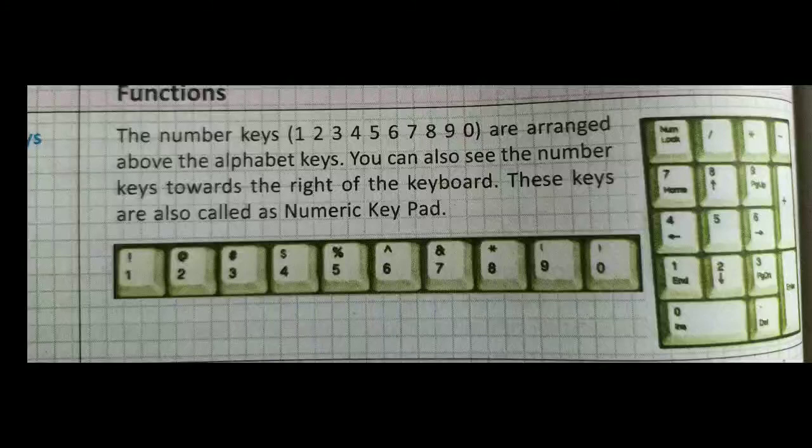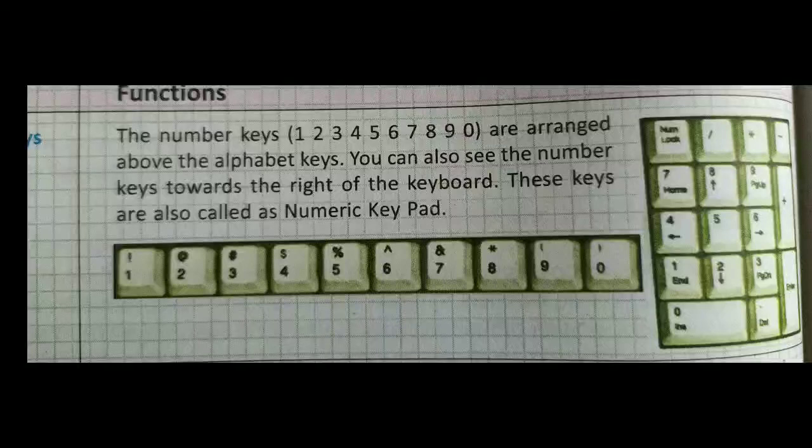You can see keys 0 to 9 in both cases. These keys on the right are also called the numeric keypad, and this keypad has a lock, shown at the right-hand side, which is the num lock.